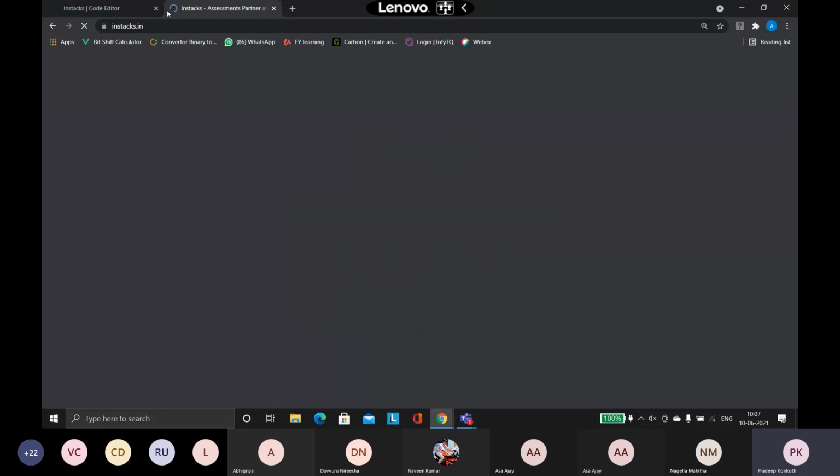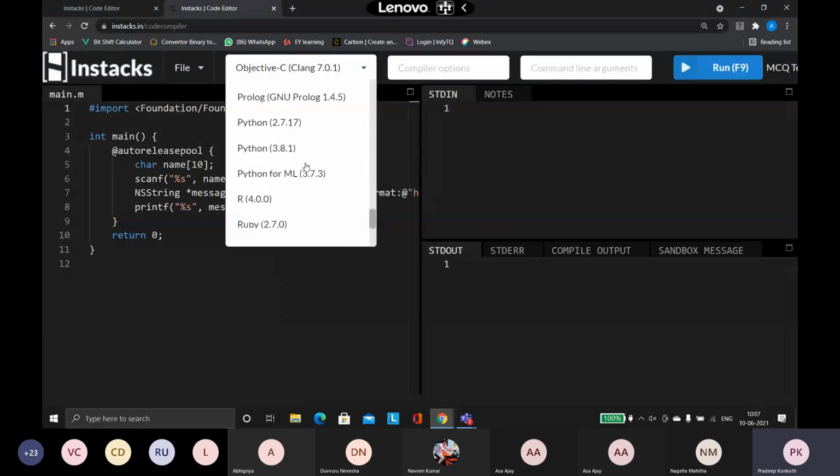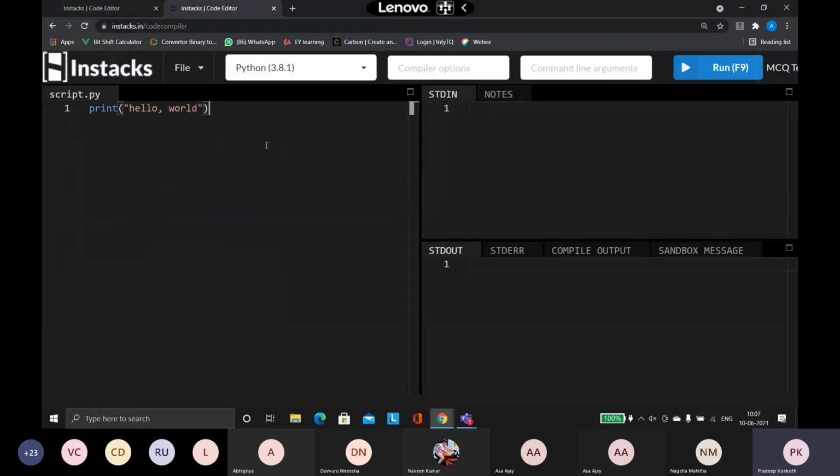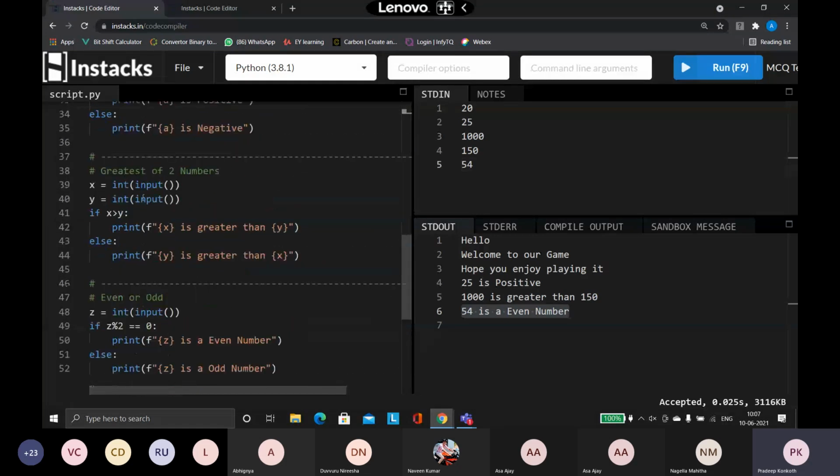Very, very important. Okay, let us just open another tab. Okay, so now what I'm going to be doing is I will copy this program, greatest of two numbers. I will expand on this. Okay, there you go.